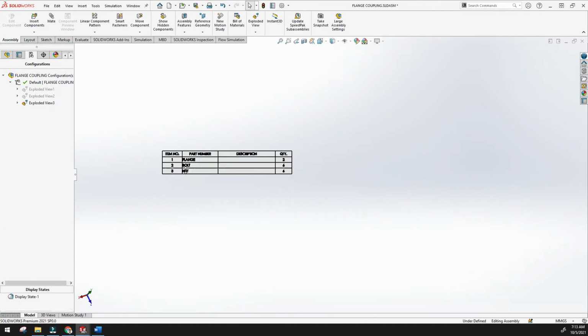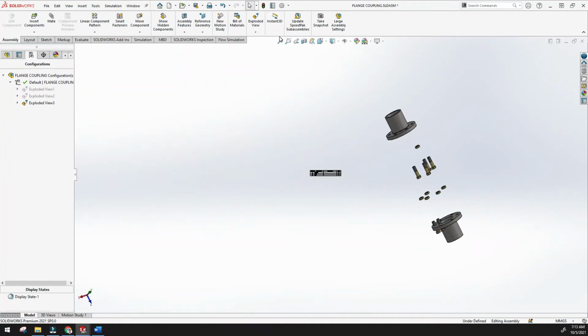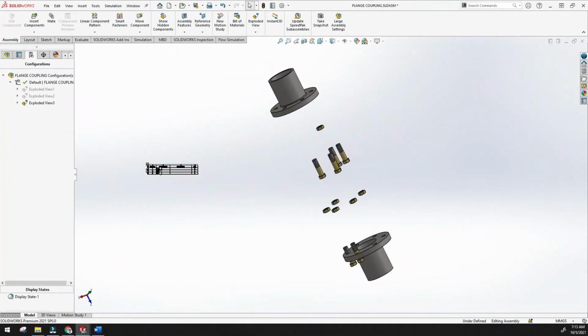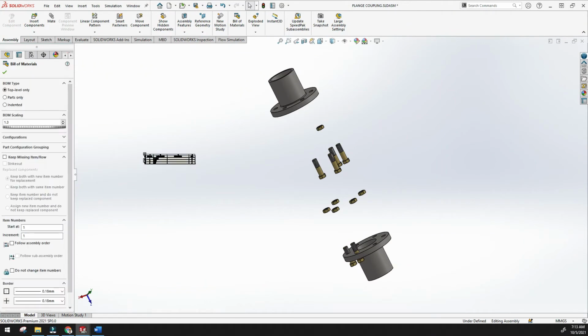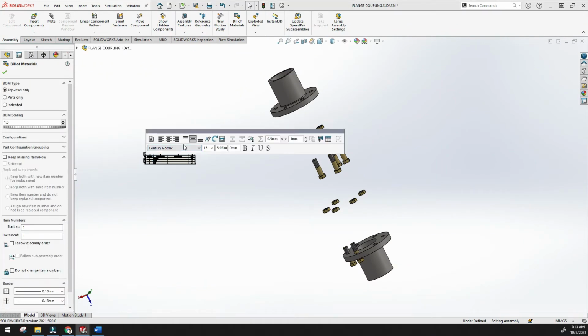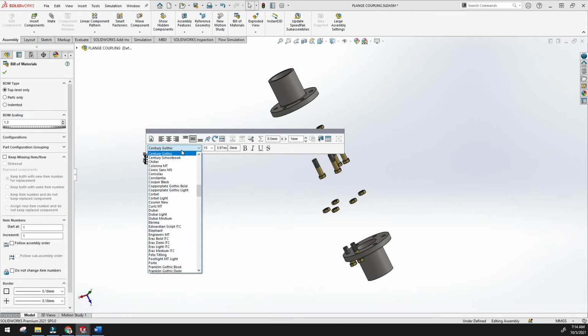See, here is the bill of materials actually, and this is the item number. Once you click this, then you can change the table header, top and horizontal cell padding and vertical cell padding, all purpose, use document font size, and here is the different font size you can change.